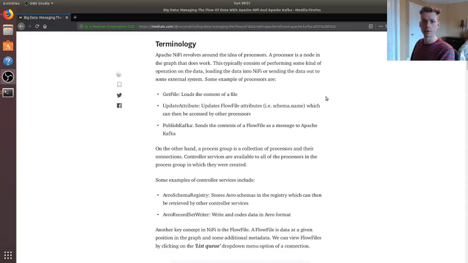And so before we continue, it's important to clarify a bit of the terminology around NiFi. At the core is the idea of processors, and processors are the things that actually do work in NiFi. And by work, I mean performing operations on the data, so actually transforming it,